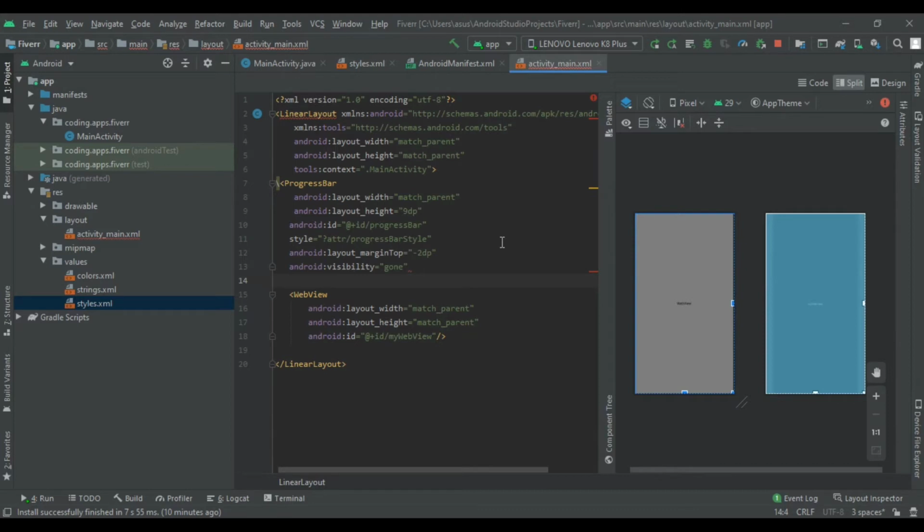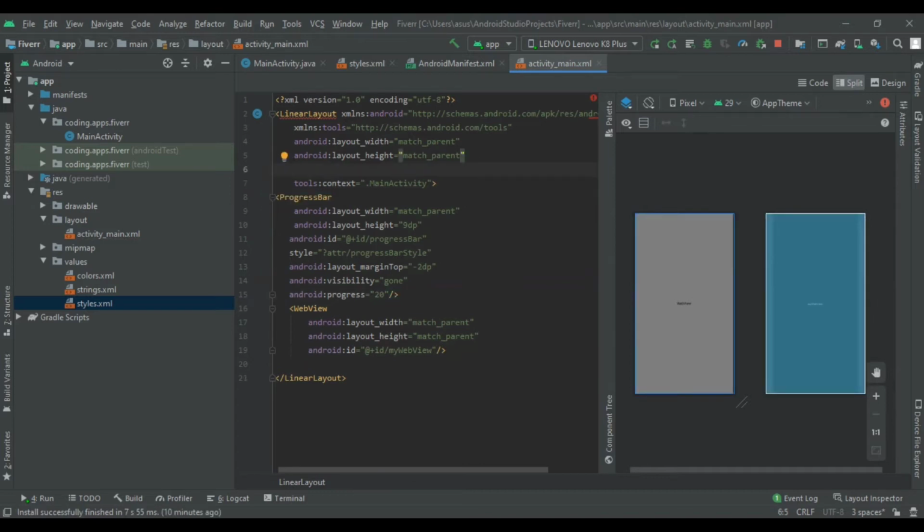After that we simply close it, and after that we write the orientation of our linear layout, and it will be vertical.